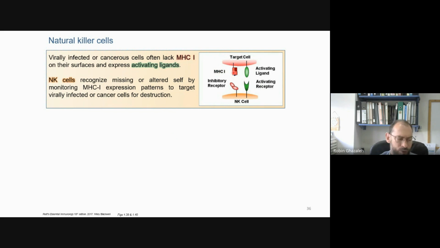You might ask what's foreign about a cancer cell? The cancer cell is part of our body. Yes, it is part of our body, but the gene expression pattern of this cell will change drastically to express antigens that it didn't normally express. So MHC1 expresses self and foreign antigens. Self antigens